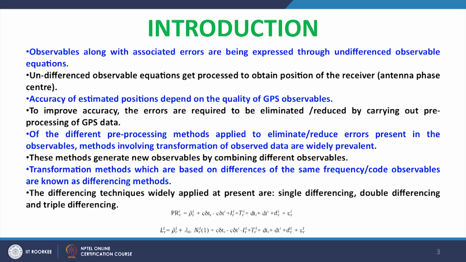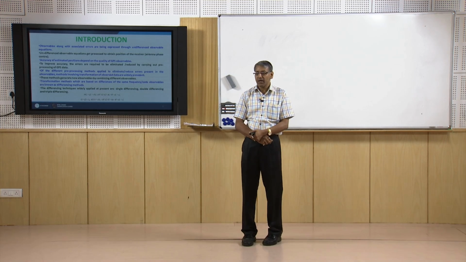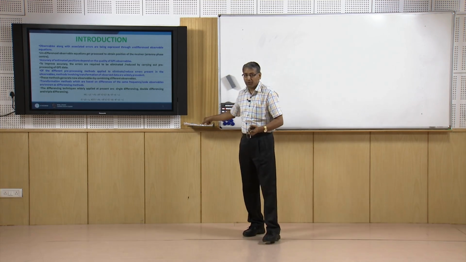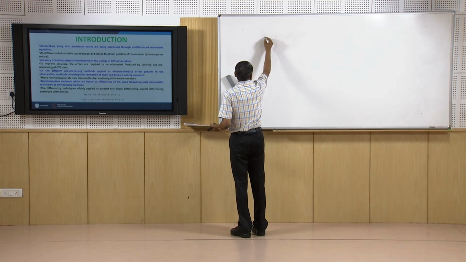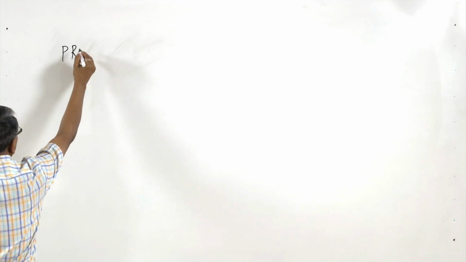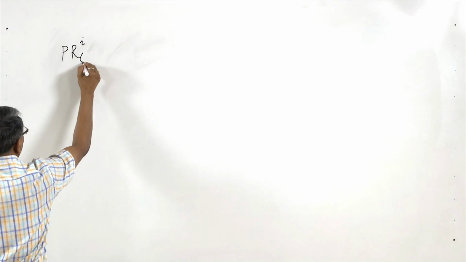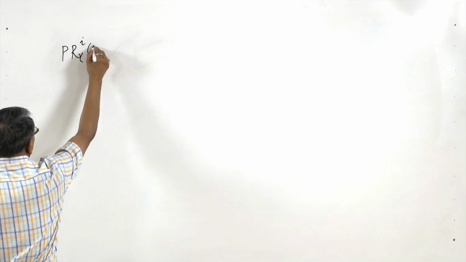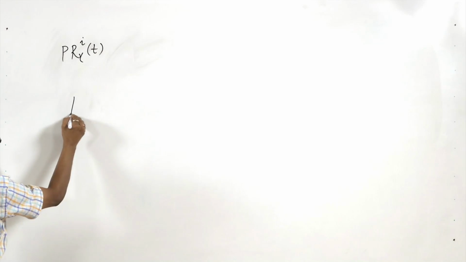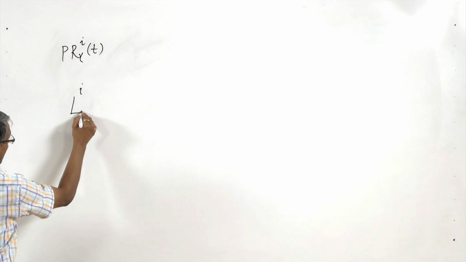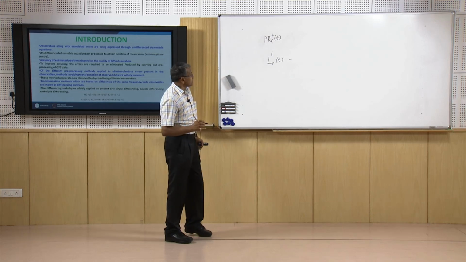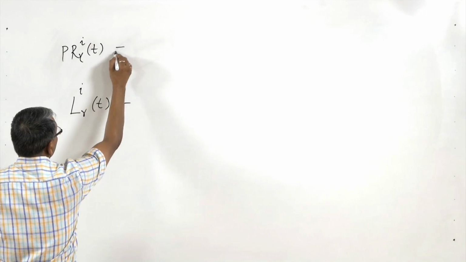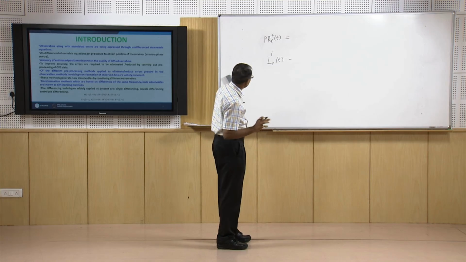As you know, GPS observables are fraught with errors, and there are two types of GPS observables. One is the code pseudo range PR, the code pseudo range from satellite R to receiver R at any time t, and the phase pseudo range can be written like this, and this pseudo range R can be written with an observable equation like this,